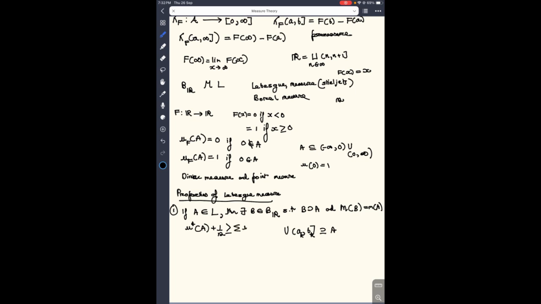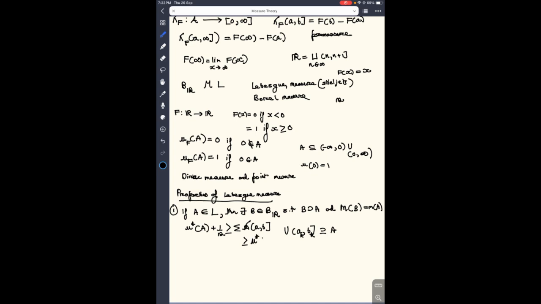So the summation, let's call this lambda of (a, b) covering it, and this is greater than or equal to, by countable additivity, this is greater than or equal to,